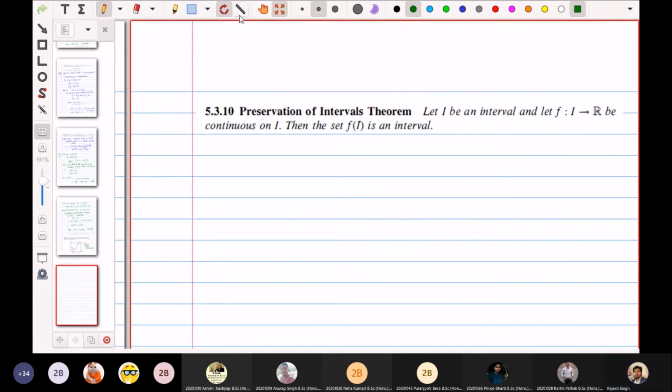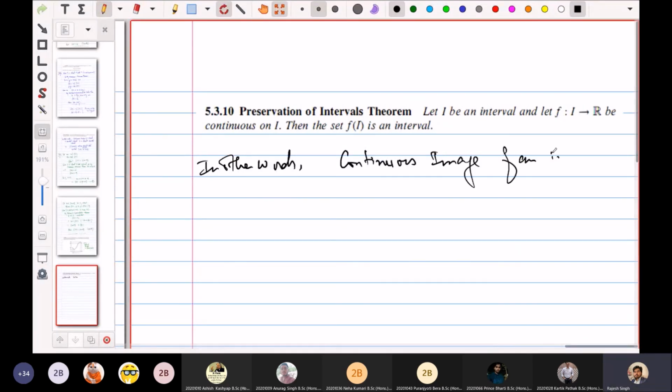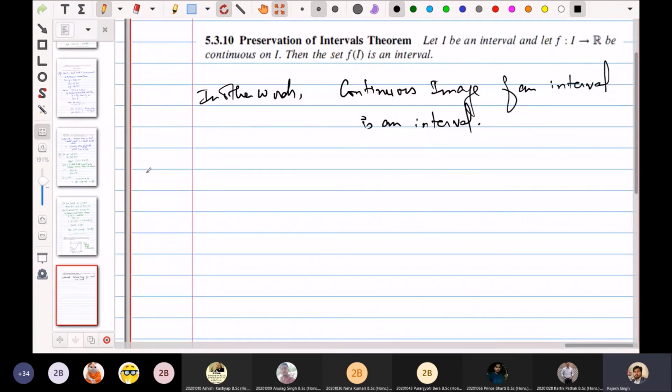ठीक है। In other words, continuous image of an interval is an interval, ठीक है। So this is what we have to prove. So proof,